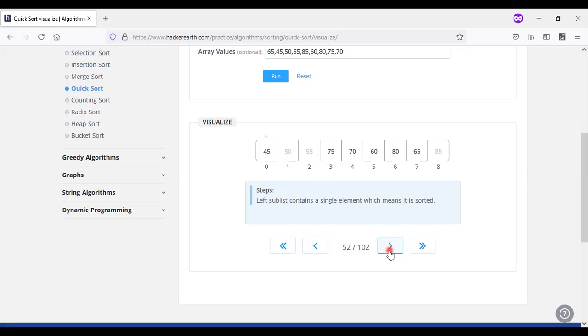Okay. And coming to the next one, it is having the right sublist. Here the left sublist has finished processing, and we come to the right sublist. In this right sublist, select the value at the mid, 60, and move it to the end. Okay. And now see what values we are having here. Since it has all the values greater than that one, we won't further change any values' positions or not, we need to see.